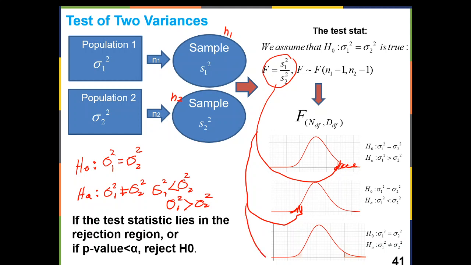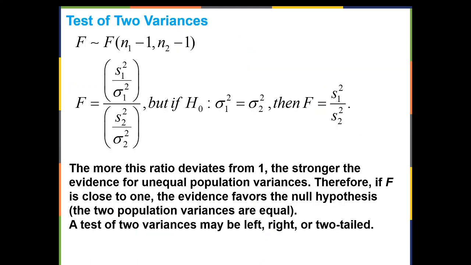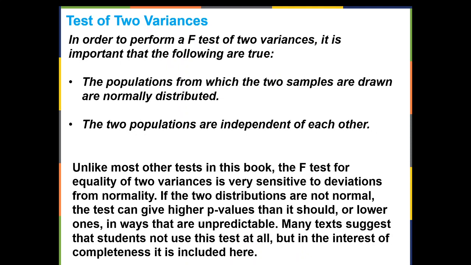If it's a two-tailed test, it doesn't matter where it falls. If it falls to the right, we're going to find this and multiply it by 2. If it falls to the left, the same thing. We find this and multiply it by 2, right? That's the idea of this test, right? So now I'm going to go back and talk about some of these